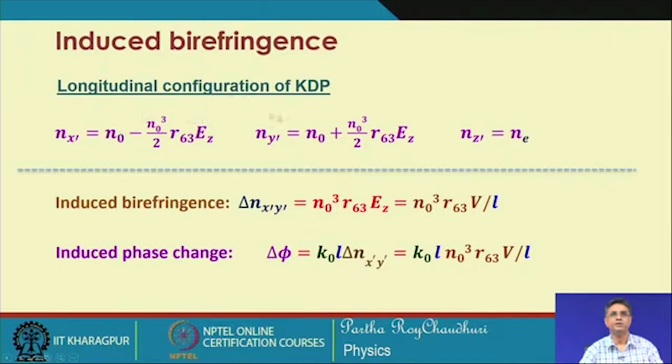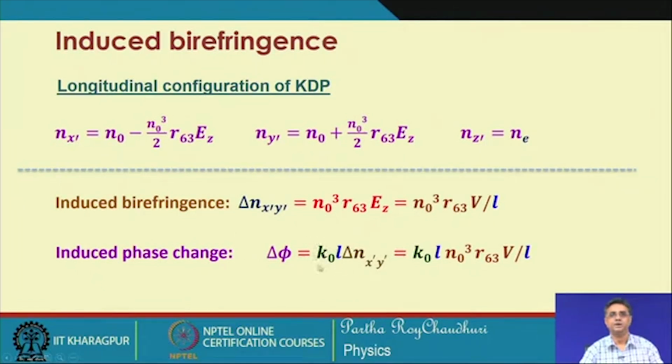Therefore, the birefringence between this x prime and y prime, in presence of the external electric field which is applied along the longitudinal direction, that is E z, delta n x prime y prime is equal to the sum of this quantity and this quantity. So, this is your induced birefringence, and the induced phase change will be this multiplied by your k 0,